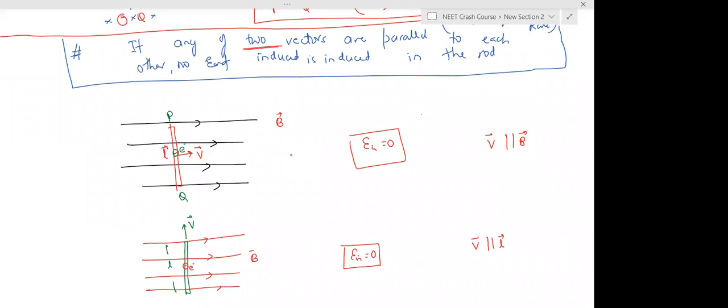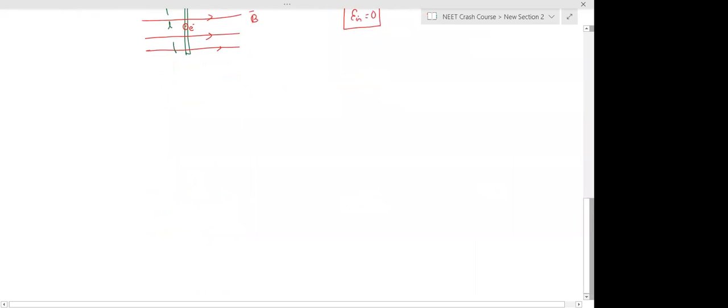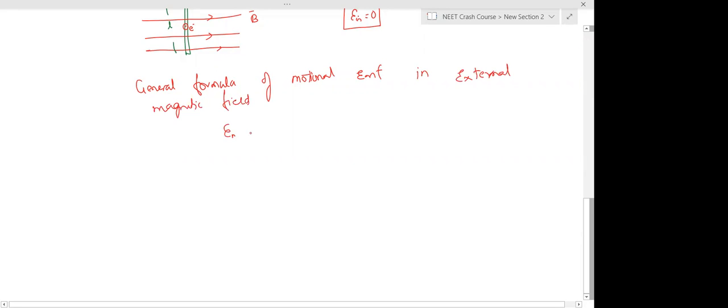So in both the cases, there is also a general formula for any general case. The electron force formula in the case of perpendicular magnetic field, we can apply that formula also. If an electron is in a region where velocity and magnetic field both are there, there is a general formula for motional EMF, though we will not be using this formula. The general formula is for when a rod is not moving perpendicular to its length, and there is a general direction of the length vector. In that case, it is defined as the scalar product of